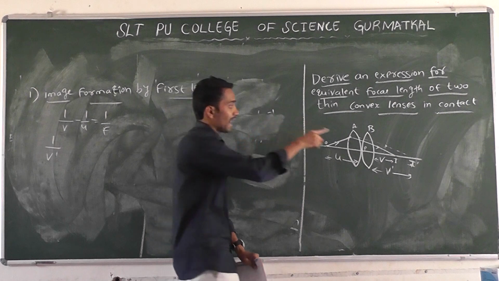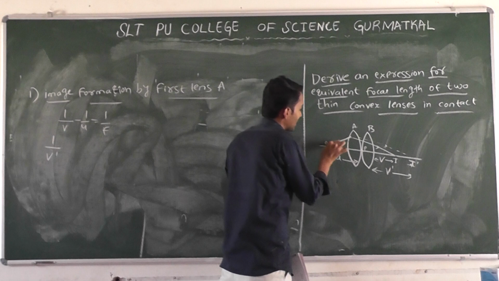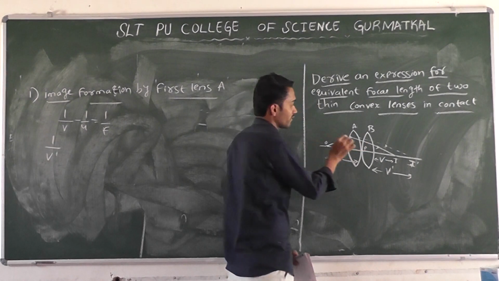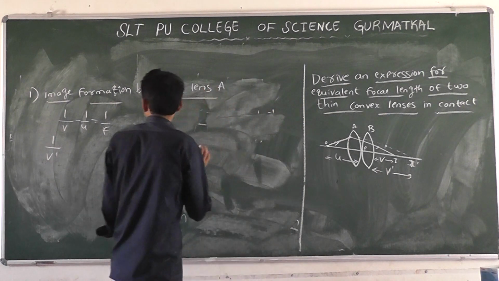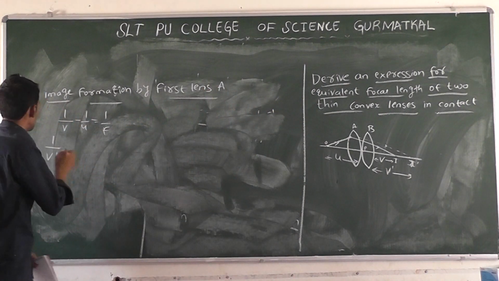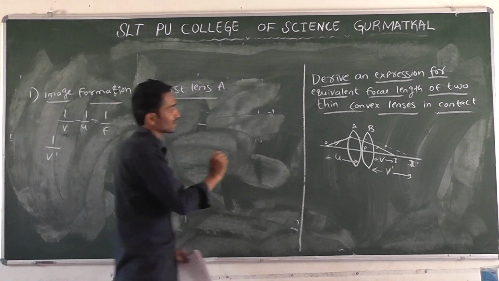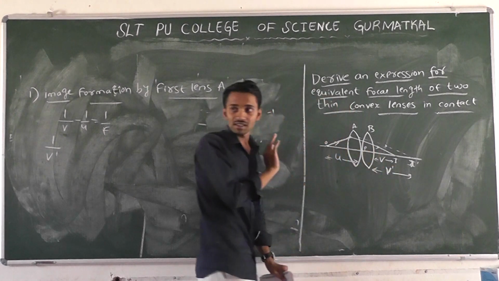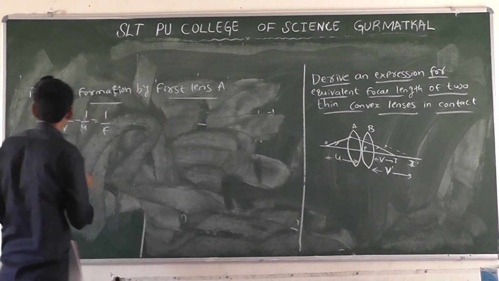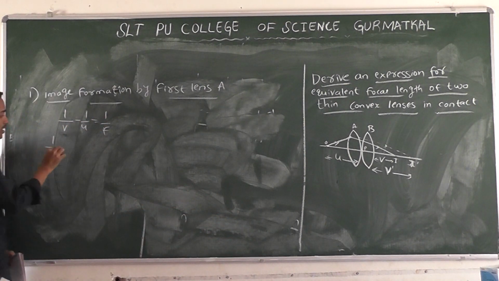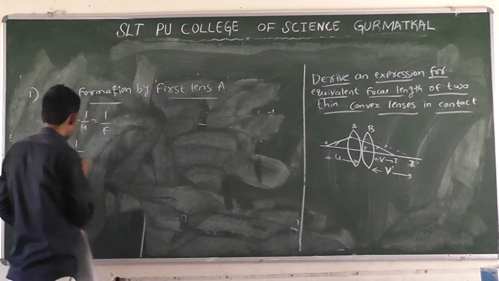Yesterday also, first the I dash image is produced, later the I image is produced. In this case also, when the light ray is incident on the first lens, the I dash image will form. What is the image distance here? V means image distance. Here V dash is our image distance. In the place of V, we are writing V dash, minus. What is the object distance here? U is our object distance, so I will write U.